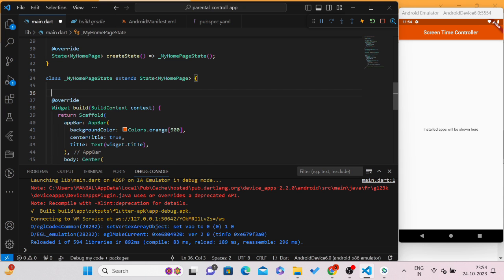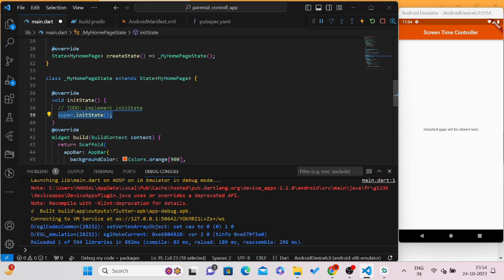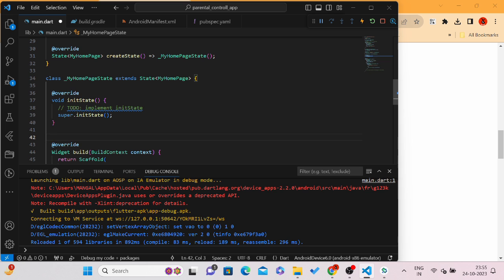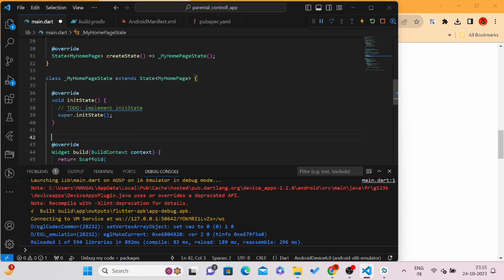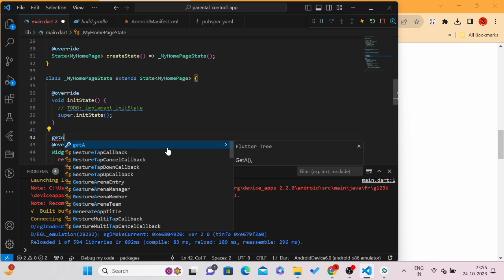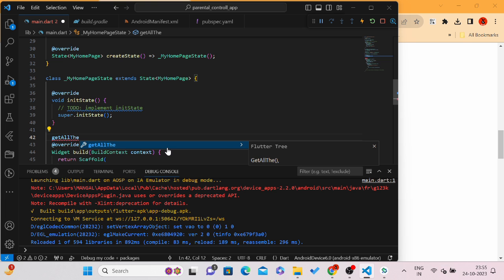We will override this initState method, and inside this initState method we will call another method. I will create a separate method to call this async function. If you see await is there, it means it has to be called inside an async function. So let me call it load or get all the installed applications